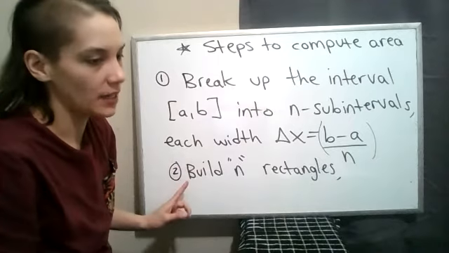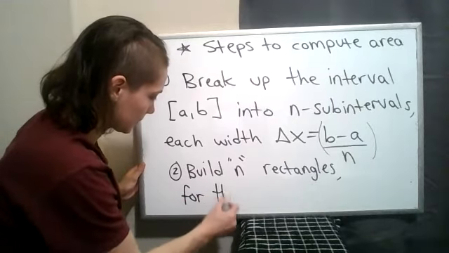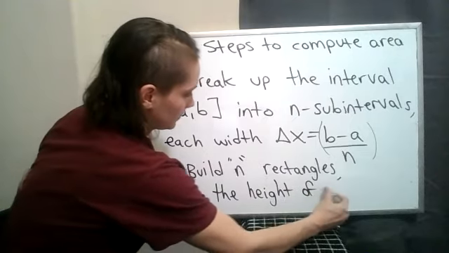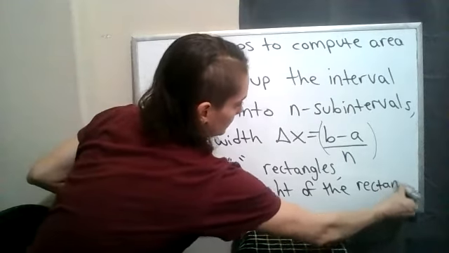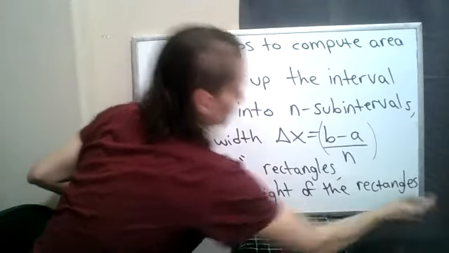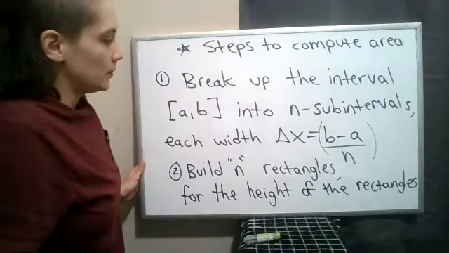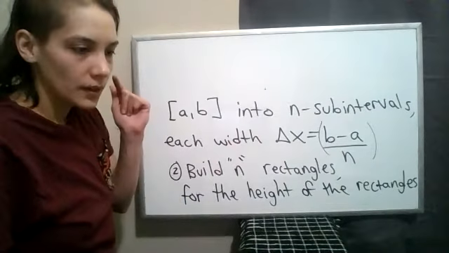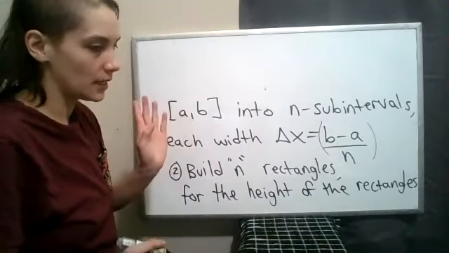So for the height of the rectangle, there are 3 choices. There's right hand, left hand, and midpoint. So for the right hand endpoint,